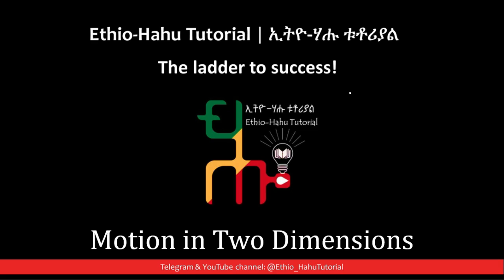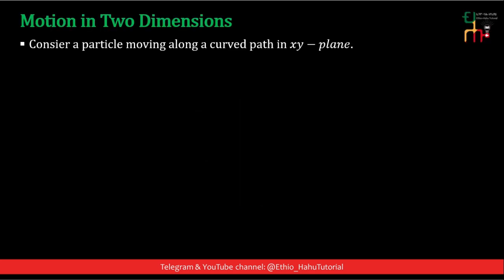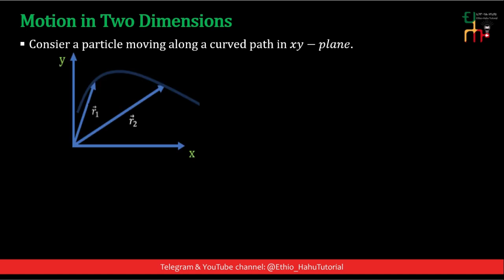Today we are going to see about motion in two dimensions. Consider a particle moving along a curved path in the xy plane. This is the path that a particle follows. R1 is the initial position of the particle and R2 is the final position of the particle. Therefore, the particle is initially at this point and finally reaches this point, and this is the trajectory